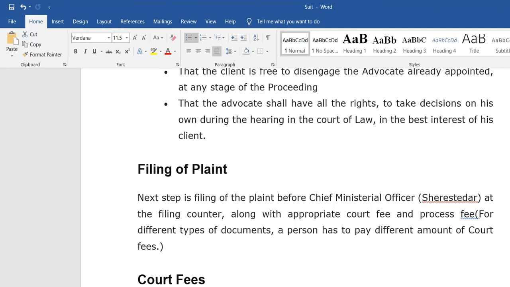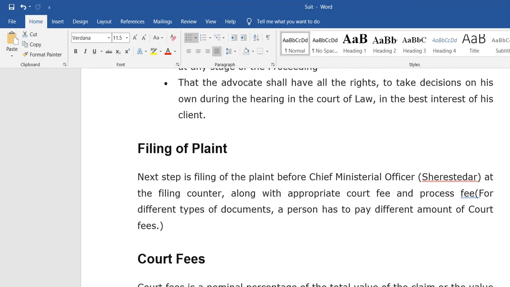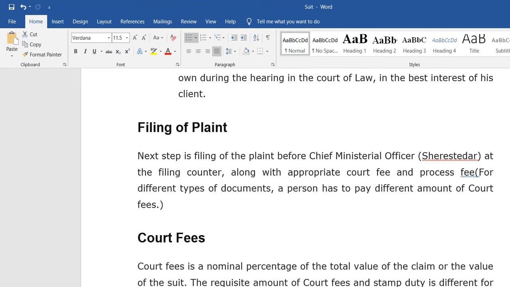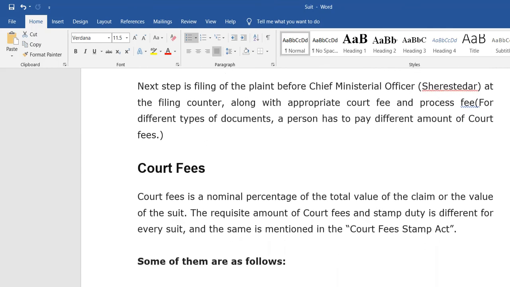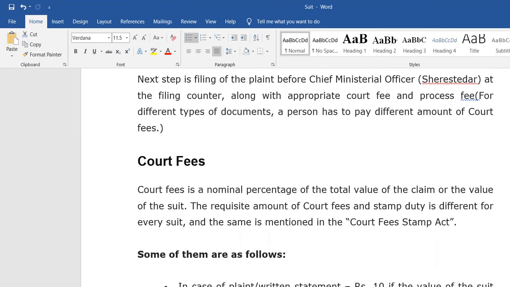See, these processing fees may be different based on the property type. Court fee as well differs.